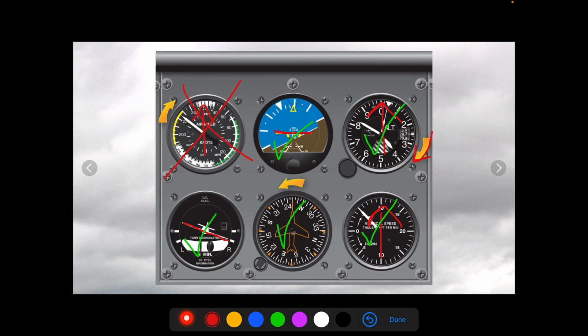Now, that would lead you to think, what is different about the airspeed indicator than all of these other instruments? Well, if you think about it hard enough, you'll know that the airspeed indicator is the only one that uses pitot pressure from the pitot probe, right? It also uses static pressure, but the altimeter also uses static pressure, and the VSI also uses static pressure, and those seem to be working fine. The airspeed indicator is the only one that uses pitot pressure, so this would lead me to believe that something is wrong with